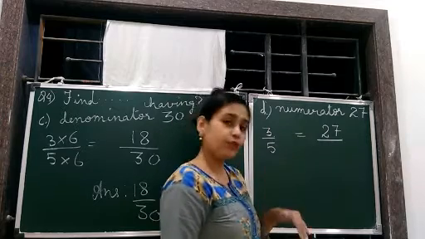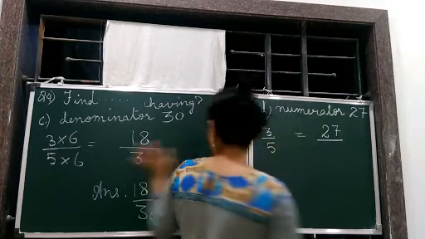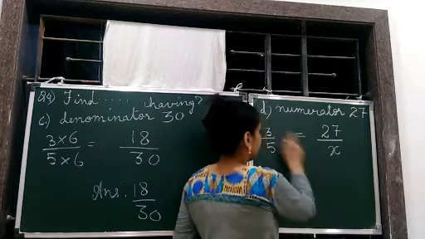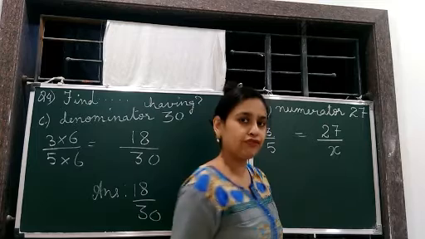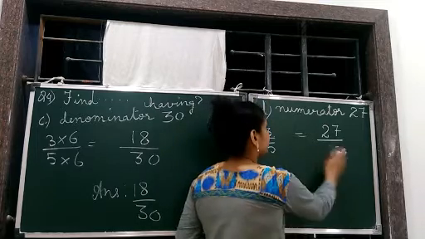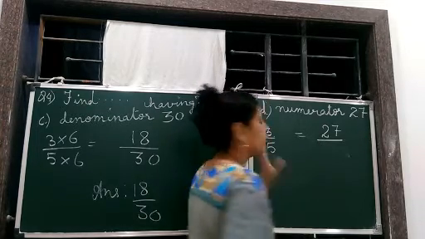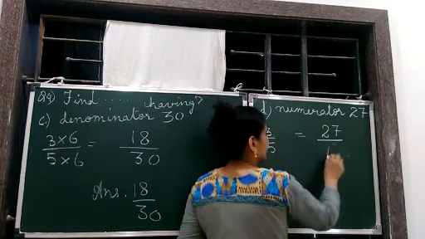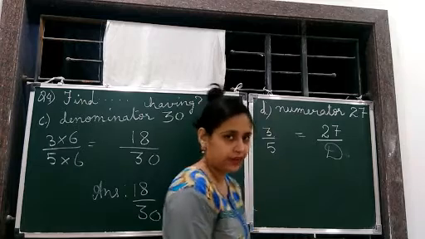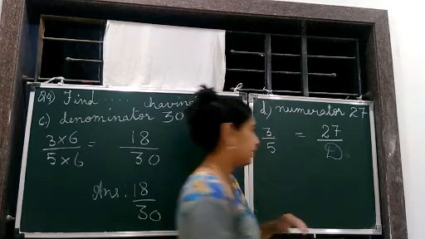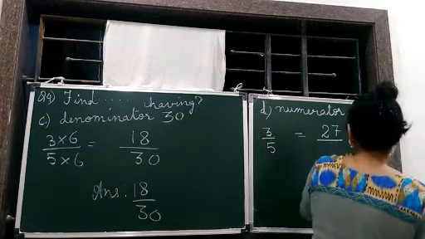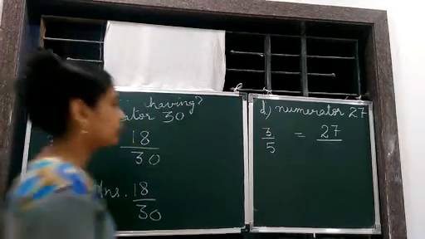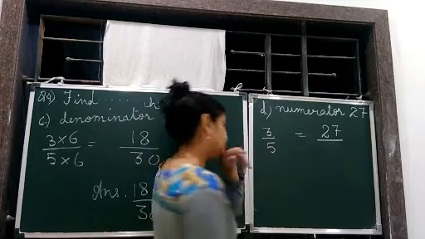Okay. Now, there is one more method, children. If you don't want to do this method, there is another method. Assume it as x, then cross multiply like this and find the value of x. But I find this method easy for y'all. But if you want to go by that method, you go by that method. Or even you can write d, for denominator, instead of writing x, and then find the value of d, and then you can get the fraction. But that is a little bit lengthy method, you can say. There will be a little more calculation in it.